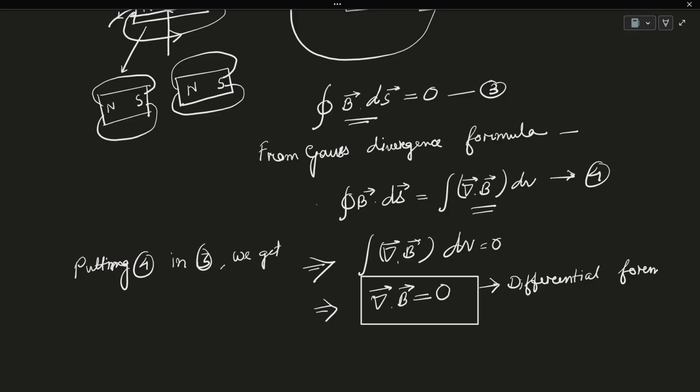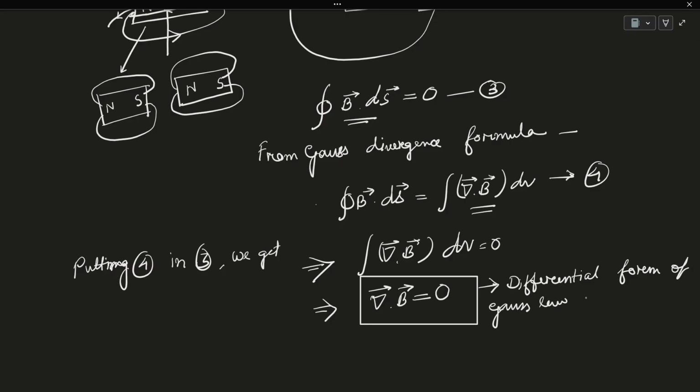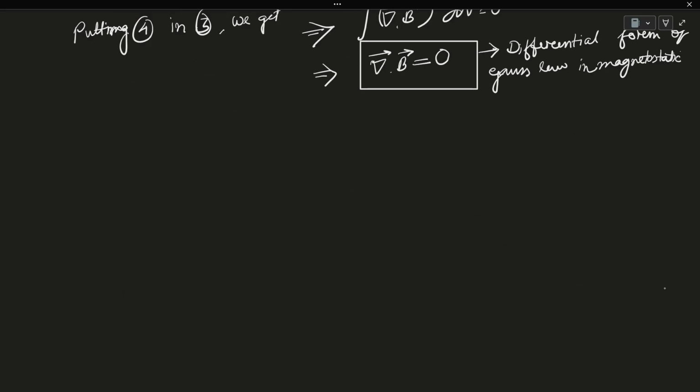Differential form of Gauss law in magnetostatics. Okay, so this is the differential form of Gauss law in magnetostatics. So now proceeding forward, now I want to discuss the third law, okay,